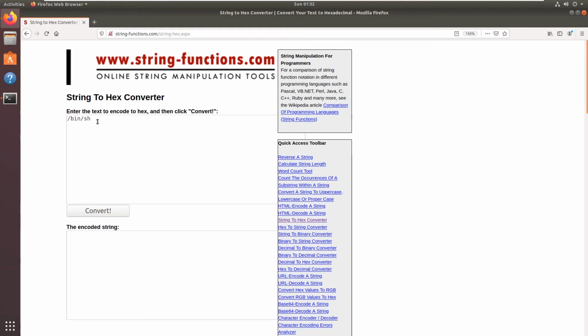So /bin/sh takes 7 characters, but on the stack the maximum push is 4 bytes. So we put another slash to make sure we send two parts of 4 bytes each.